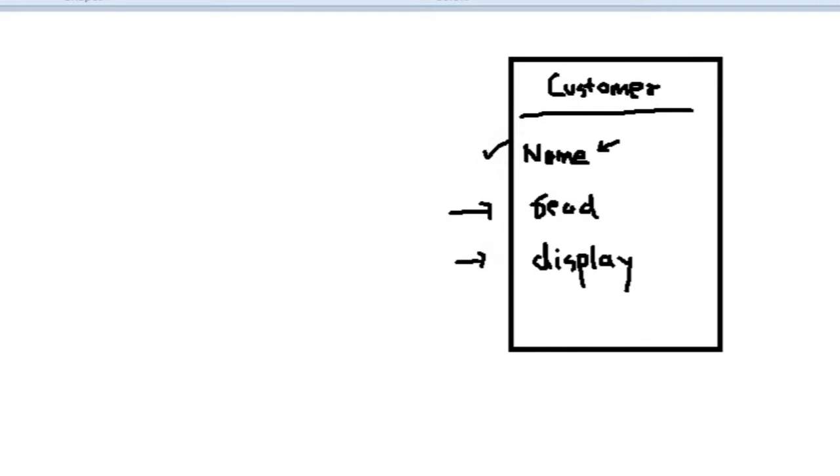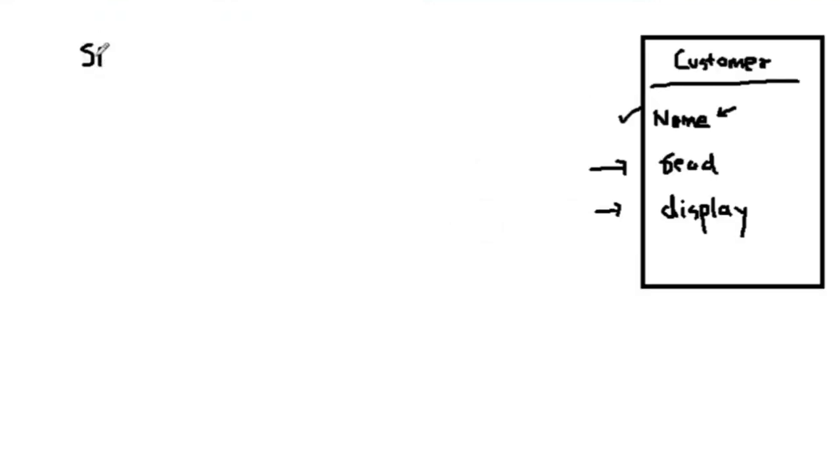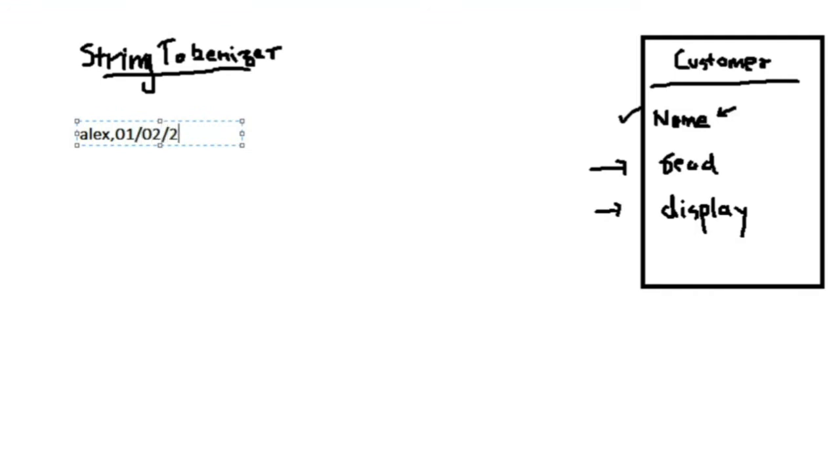So how we'll approach this question is, first we'll use the StringTokenizer package. The task of the string tokenizer is this: say I am inserting name and date of birth. Initially we have to tell the string tokenizer what the delimiter character is. Here we will have two delimiters, comma and slash. The string tokenizer will divide this whole string, which is considered a single string, into different parts based on where the comma or the slash is.